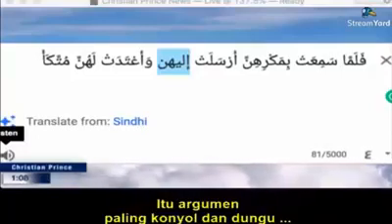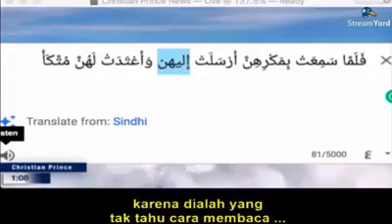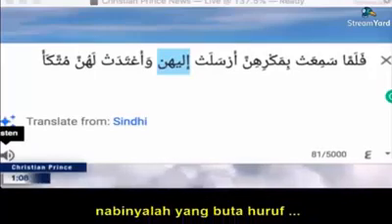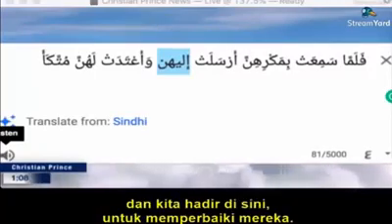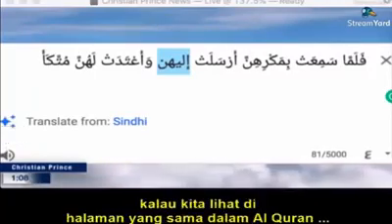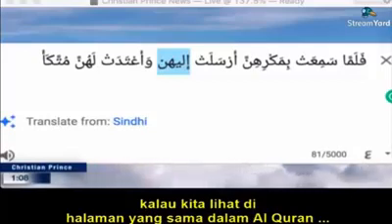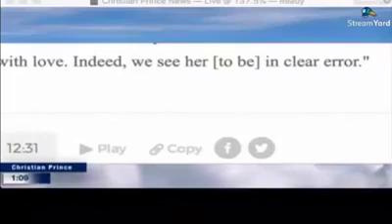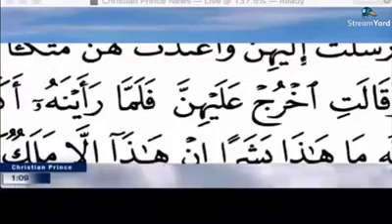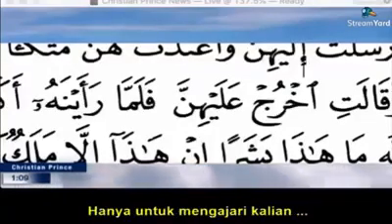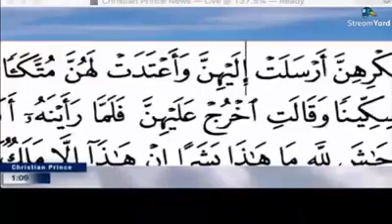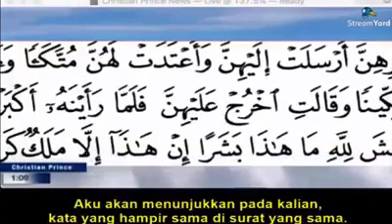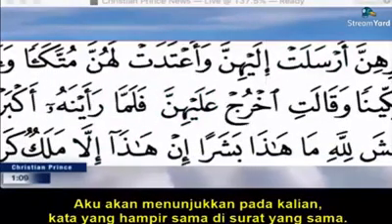This is the most silly argument, stupid. It is him who does not know how to read. It's his prophet who is illiterate, and we are here to correct him. And actually, if you go in the same page of the Quran, like here, you see, just to educate you, I will show you words which are almost in the same chapter.